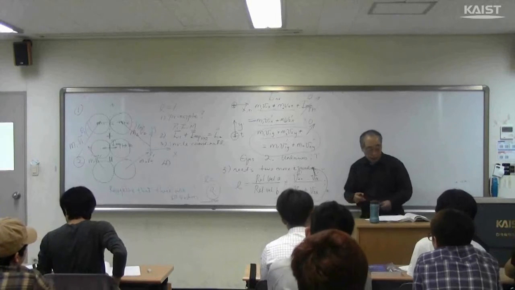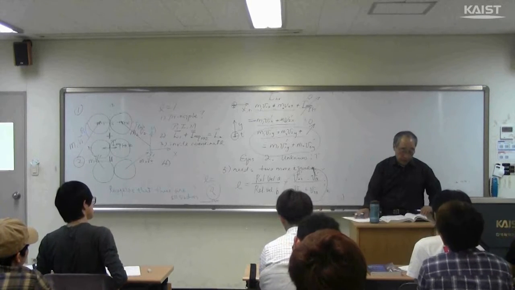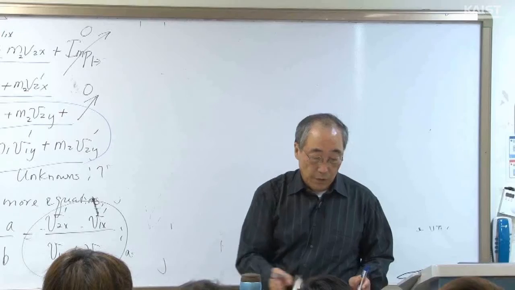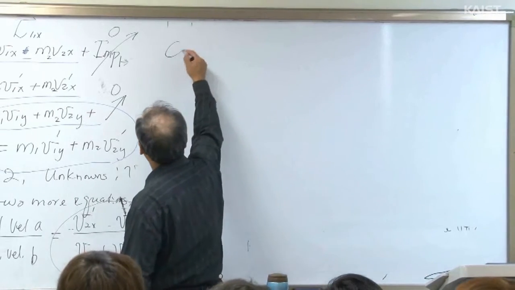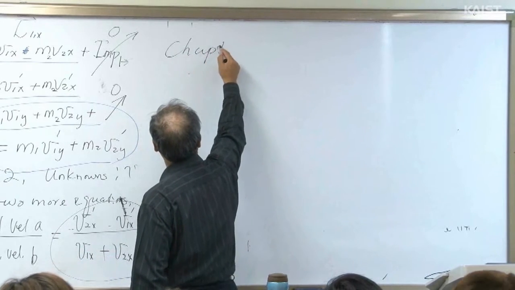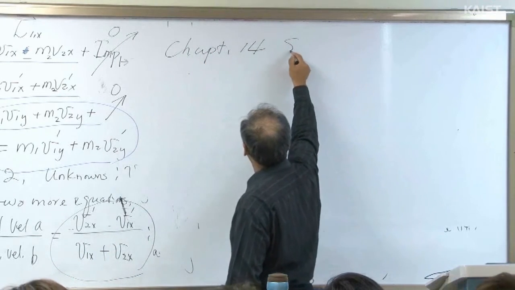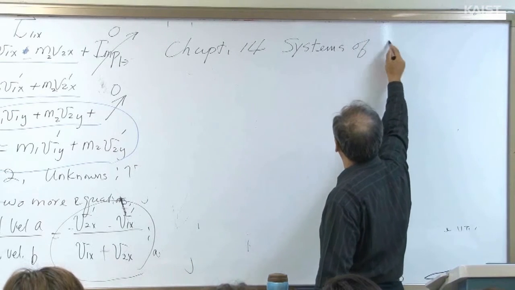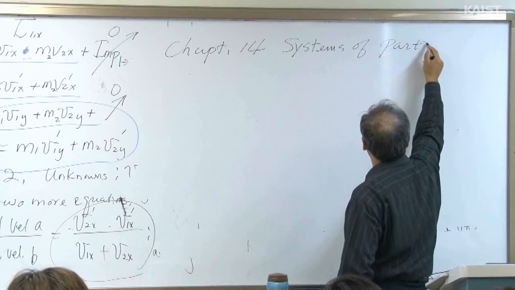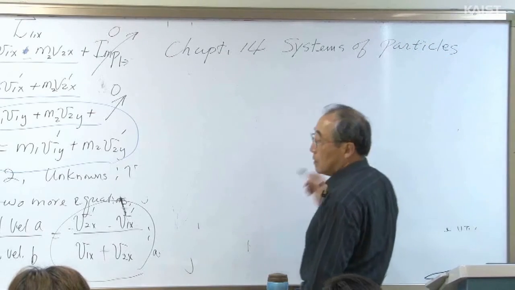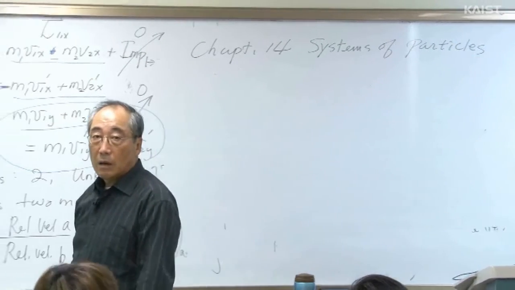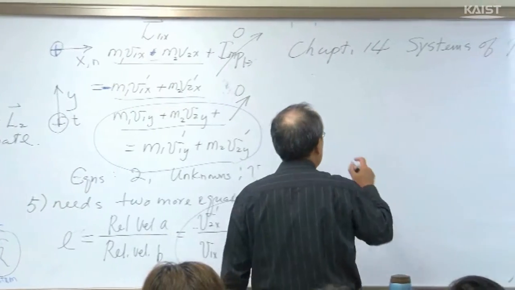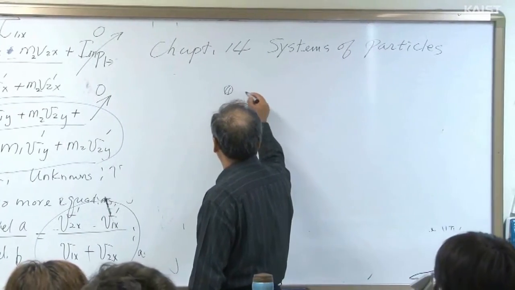So let's move to chapter 14, which is very confusing. Systems of particles. Okay, systems of particles. This means generally when we have many particles,